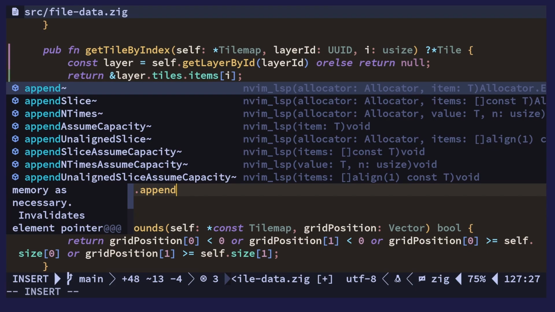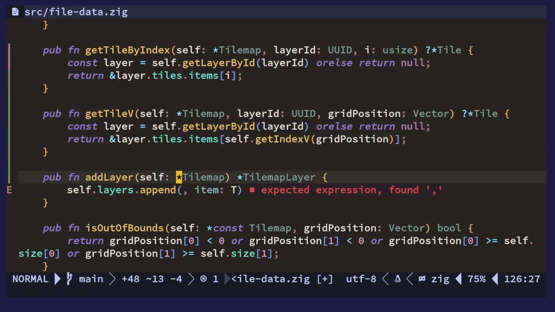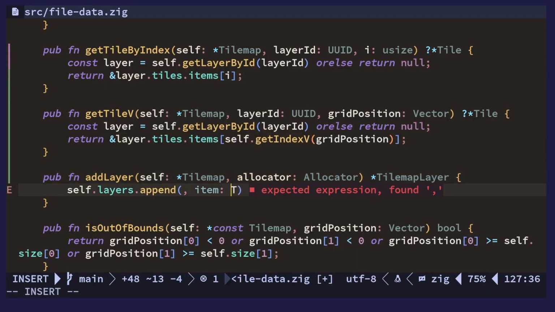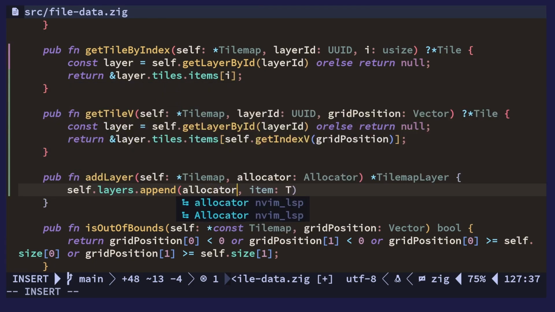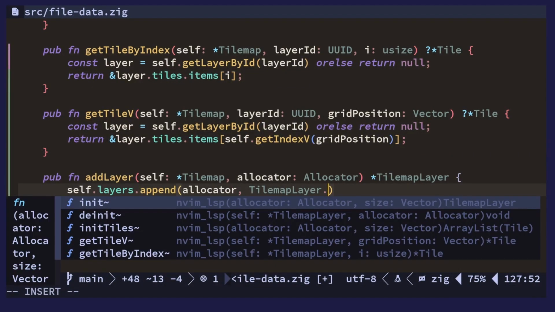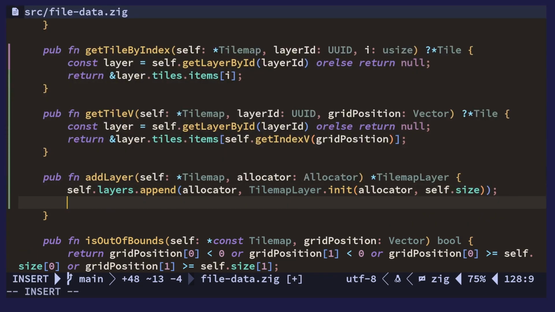I was just checking if there's a version of this that gets you the, oh, I need the allocator as well. Okay, maybe, yeah, let's just do it like this. Okay, so then the item, yeah, this is going to be a new tilemap layer, so let's do initialize, and this will be self.size. Okay, and then we can return